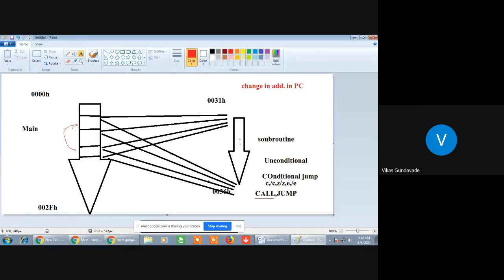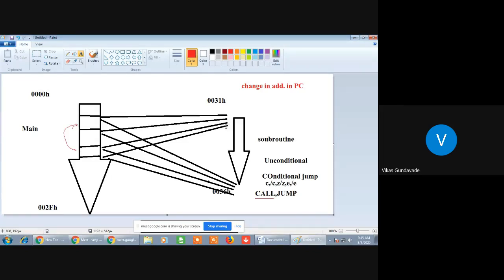So if lines are written separately and accessed in the main program repeatedly or after satisfying some conditions, then call instructions are used. And if the programmer needs to jump within the program itself, it requires jump instructions. Here only the address gets changed, and the flow stays within the main program itself; it will not shift to a subroutine.